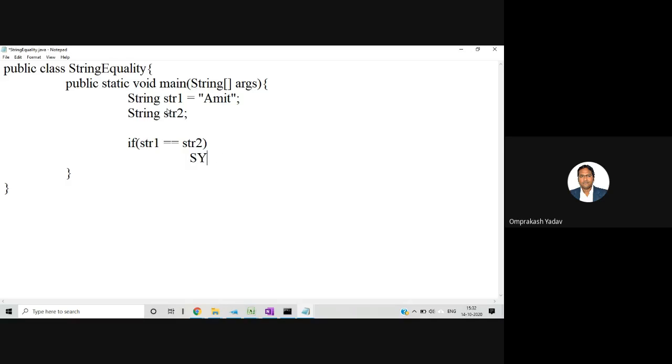System.out.println("both are equal"), else I'll say